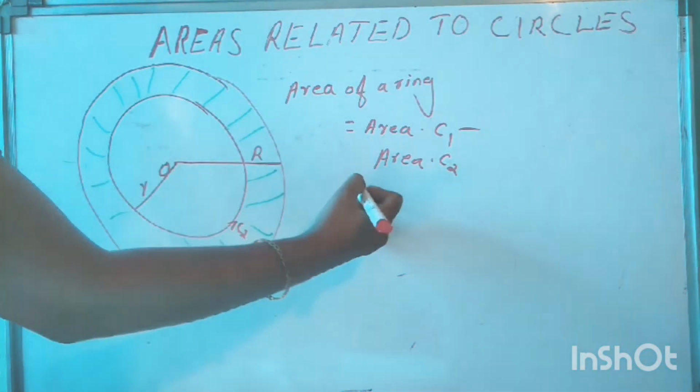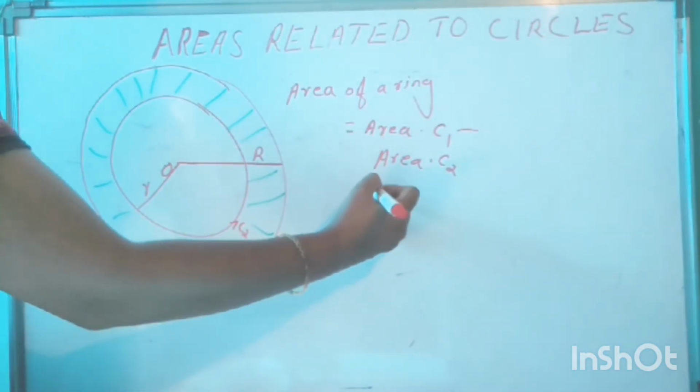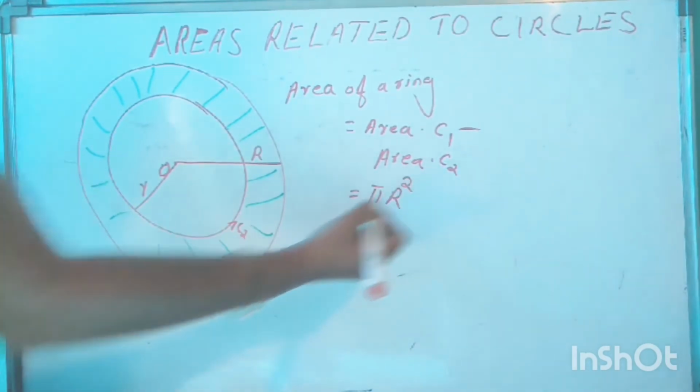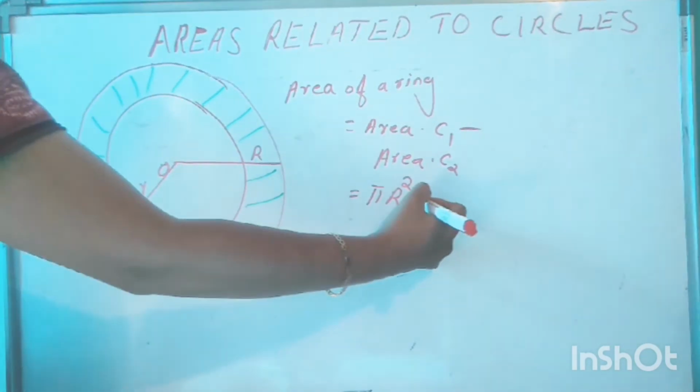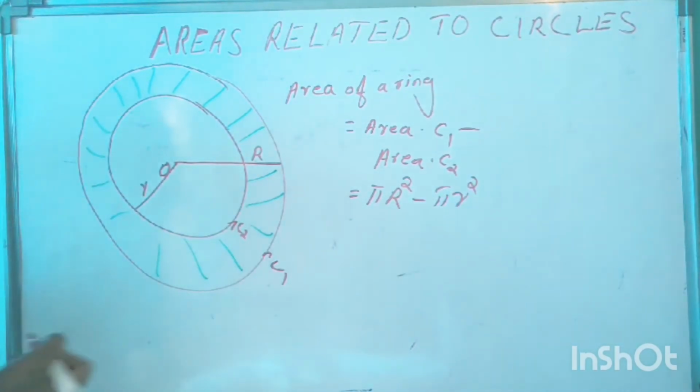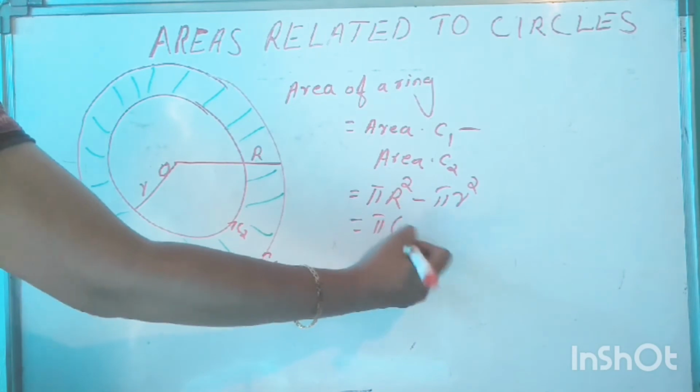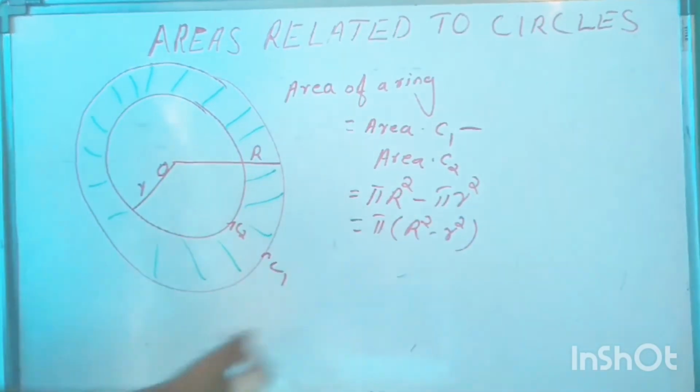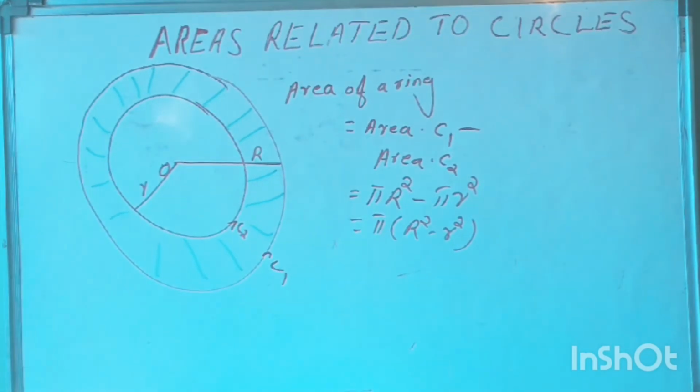So that is area of C1. C1 radius is capital R, so area is pi capital R square minus pi small letter r square. Or pi is common, pi into capital R square minus small letter r square. So area of a ring, if the radius of the smaller circle is small r and the radius of the bigger circle is capital R, then the area enclosed between those two circles is equal to pi into capital R square minus small letter r square. Okay, now